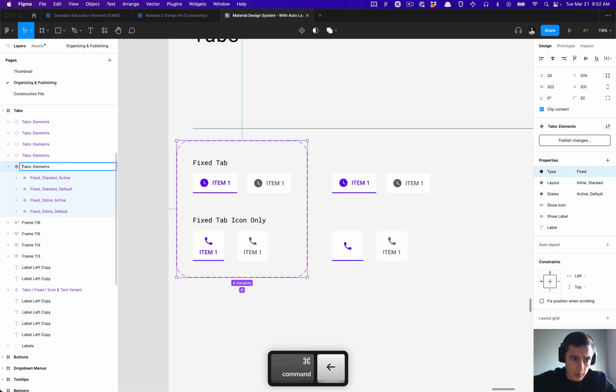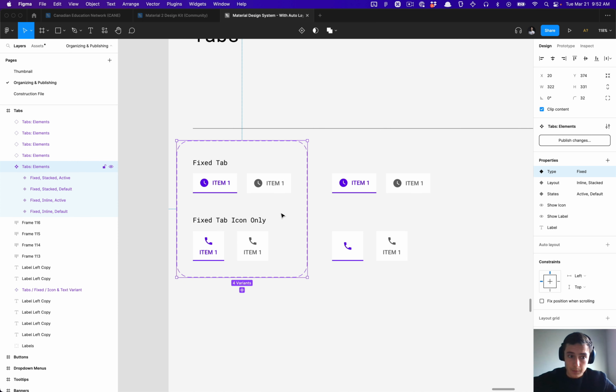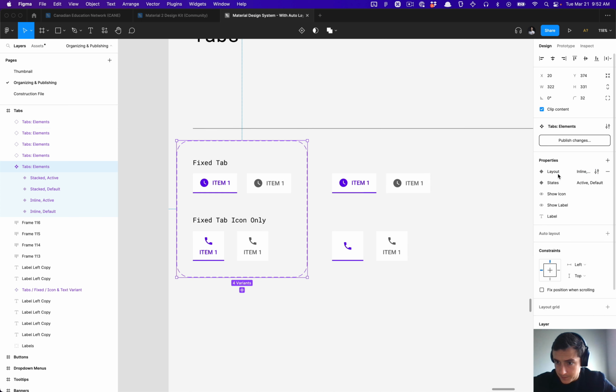Or I could maybe allude to these being fixed tabs, if I really wanted to be very specific and we had other variations of tabs. But what I'm going to do is delete this property,